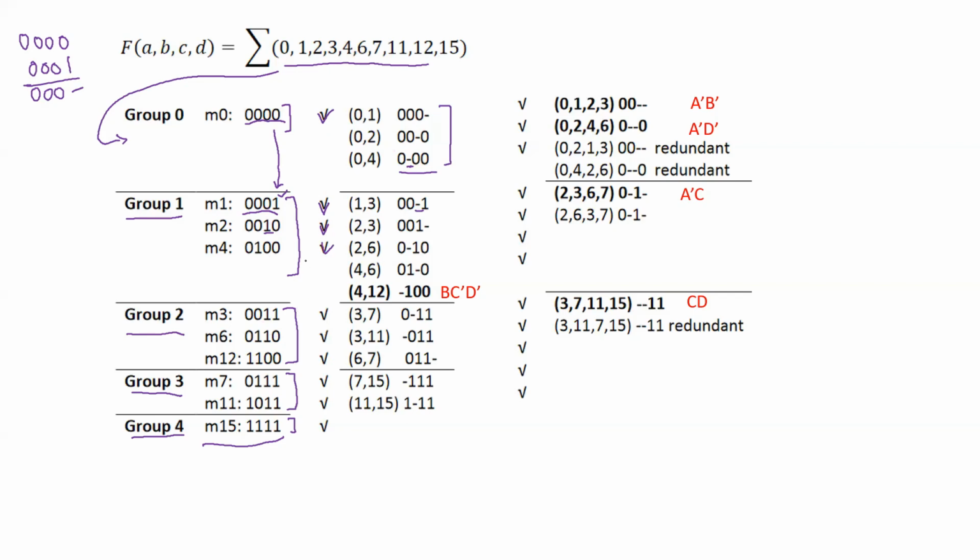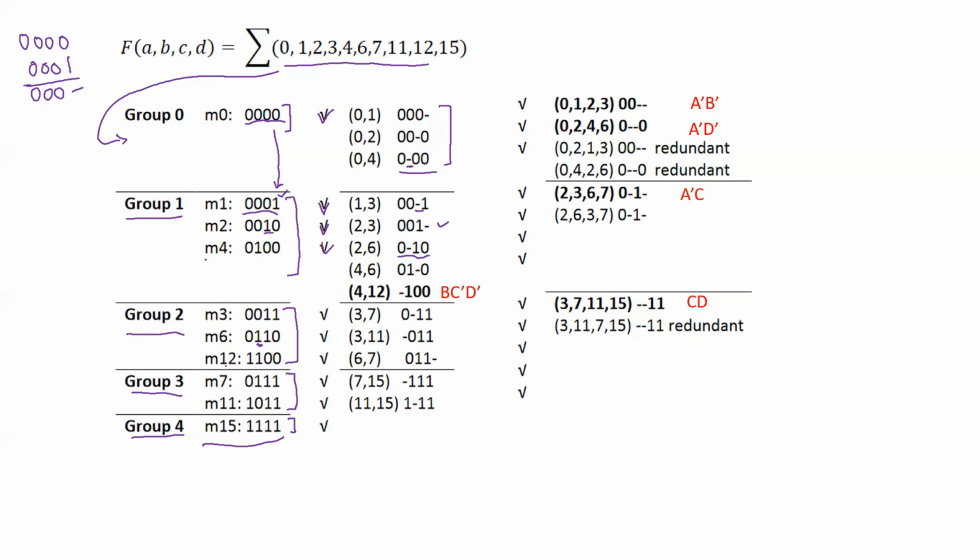So come to the second one, 0, 0, 1, 0. And here, yeah, only one difference is there. So you will write it like this, 2, 3. Then 2 and 6, yeah, one difference is there. This difference is there. So you will write it like this, 0, hyphen, 1, 0. Then 2 and 12, yeah, more than one is changed. So we are not going to write it.